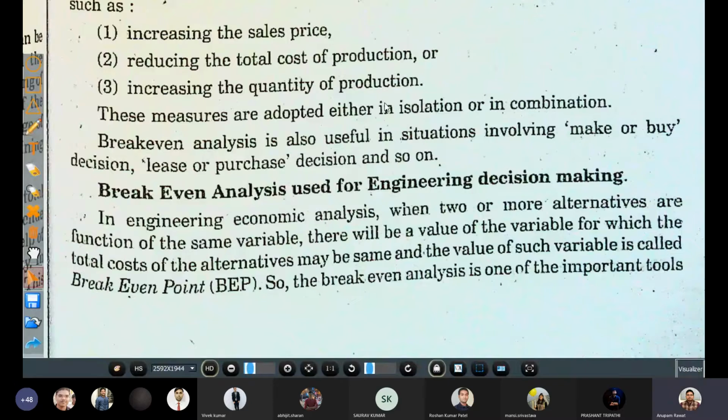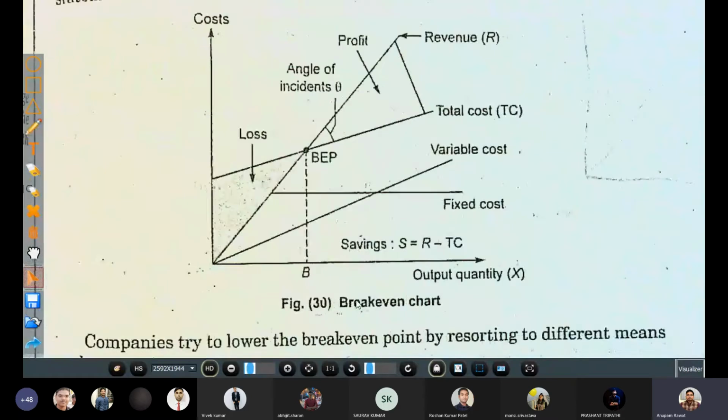So basically, in construction, in engineering decisions, if you do the work fast, if you deliver more products, more work in less time, the break-even point comes early, because in a construction project, time is money. The more time you spend there, the fixed cost will be applied for that duration. Consider this on this graph.